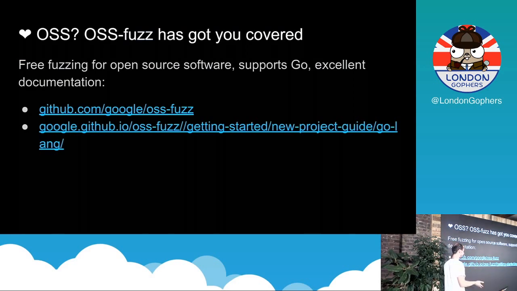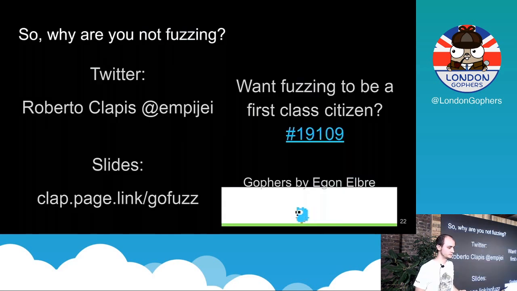If you don't want to fuzz on your machine and you have an open source project, Google offers machines for you. Google just gives you some CPUs to fuzz your open source project, and if you find bugs, it will report them to you and sometimes give you detailed information on how to debug it. If you use Go, this is a direct link to the documentation on how to do this with Go.